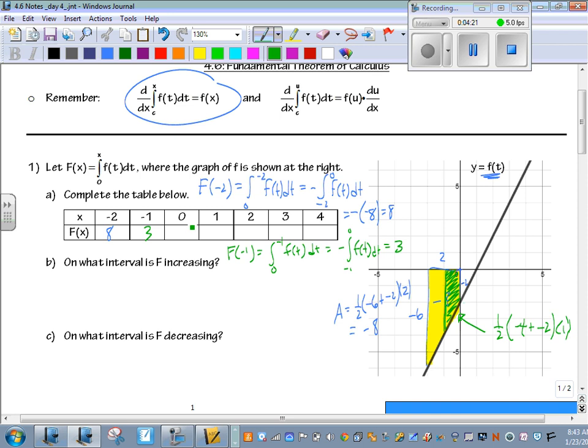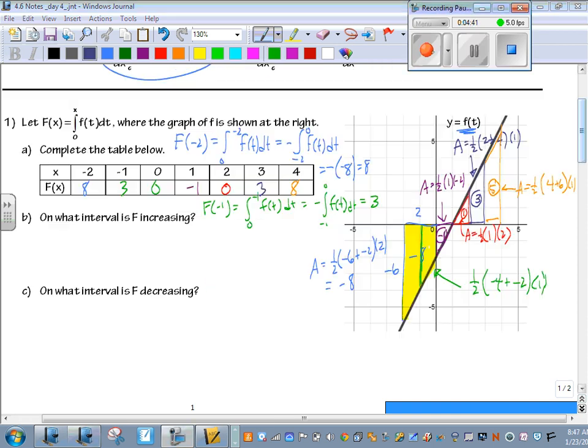How about 0? If we put 0 in for x, that's a nice easy one. If we have the definite integral from 0 to 0, our answer is 0. I want you guys to go ahead and finish the rest of the table. These are going to be a little bit easier. There's no negatives and flipping or anything like that. So why don't you go ahead and try the rest of this, and we'll come back and look at it